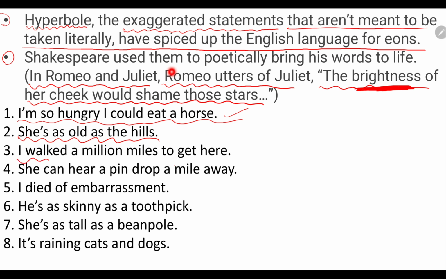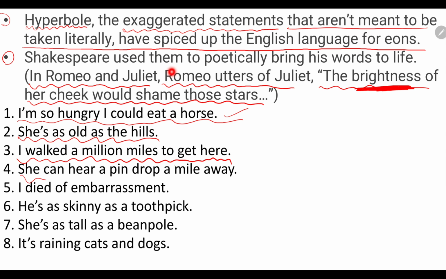I walked a million miles to get here. It means I have worked hard. मैंने काफ़ी ज़्यादा हार्ड वर्क किया है that I have walked a million miles to get here. यहाँ आने तक के लिए मैंने मिलियन माइल्स चला है. लिटरल मीनिंग मिलियन माइल्स एक्चुअली चल रहे हैं हम नहीं. It means that you have actually worked hard to crack the examination. You have worked hard to do your job. Okay, so यहाँ पे I have walked a million miles does not really mean it literally, सिर्फ exaggerated statement है.